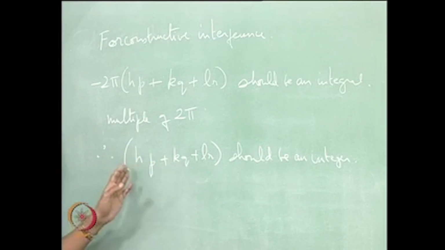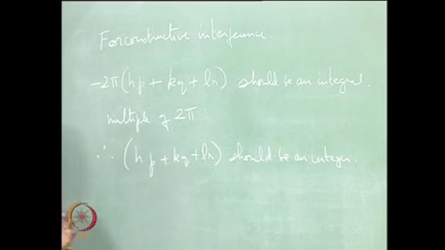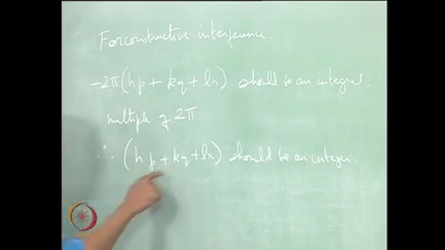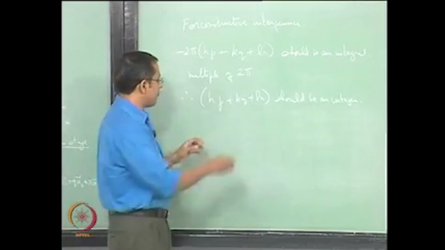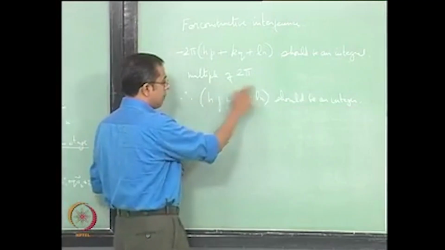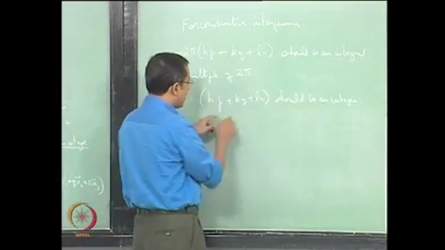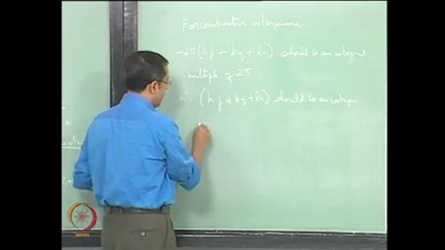However, we find that for constructive interference to occur, a sum of these terms, H p plus K q plus L r, should be an integer. P, Q and R are already integers, and they could be any integer. So for this complete sum to be an integer regardless of the values of P, Q and R, we now require